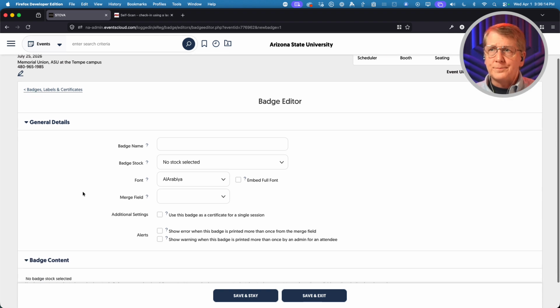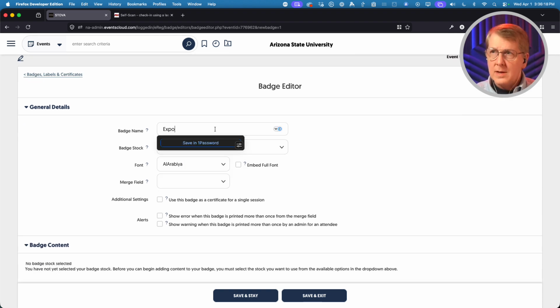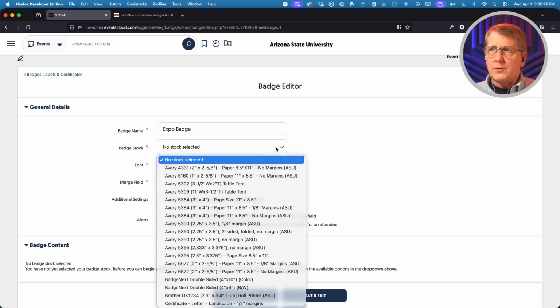And here I am. Let's call this the... sorry about the Labrador in the back. Go ahead and give us a name, and now I pick my badge stock if I'm pre-printing, and we have